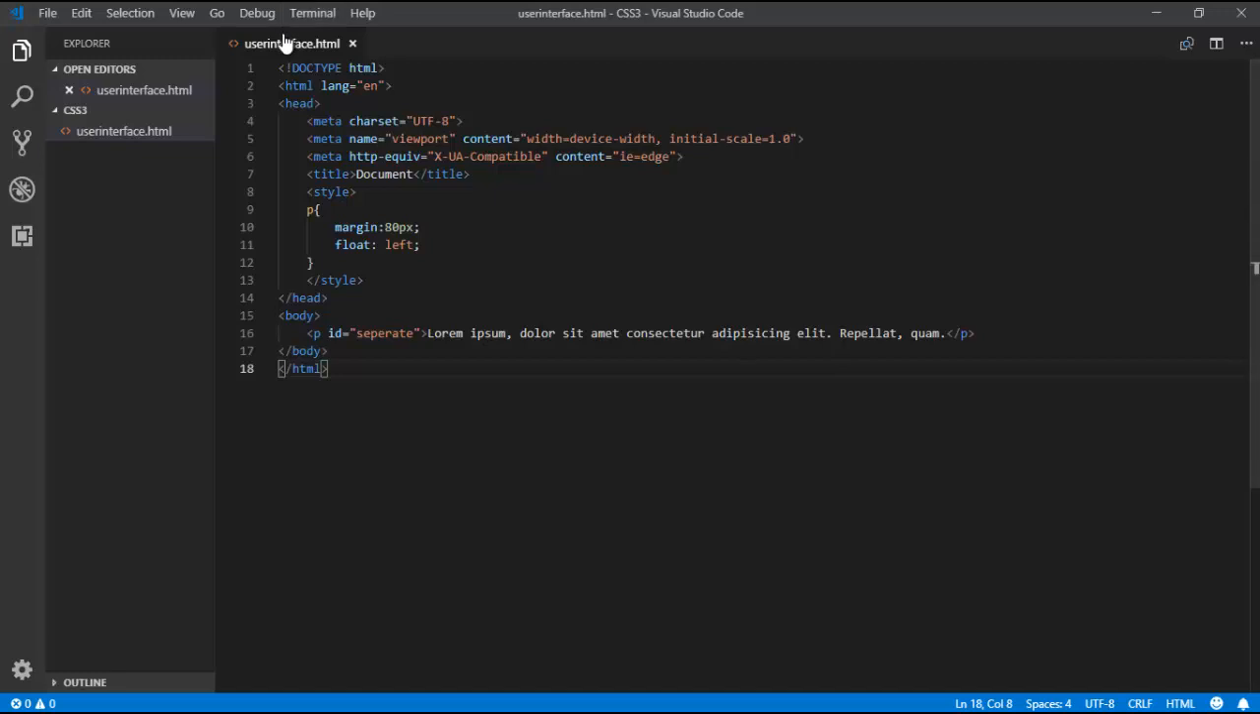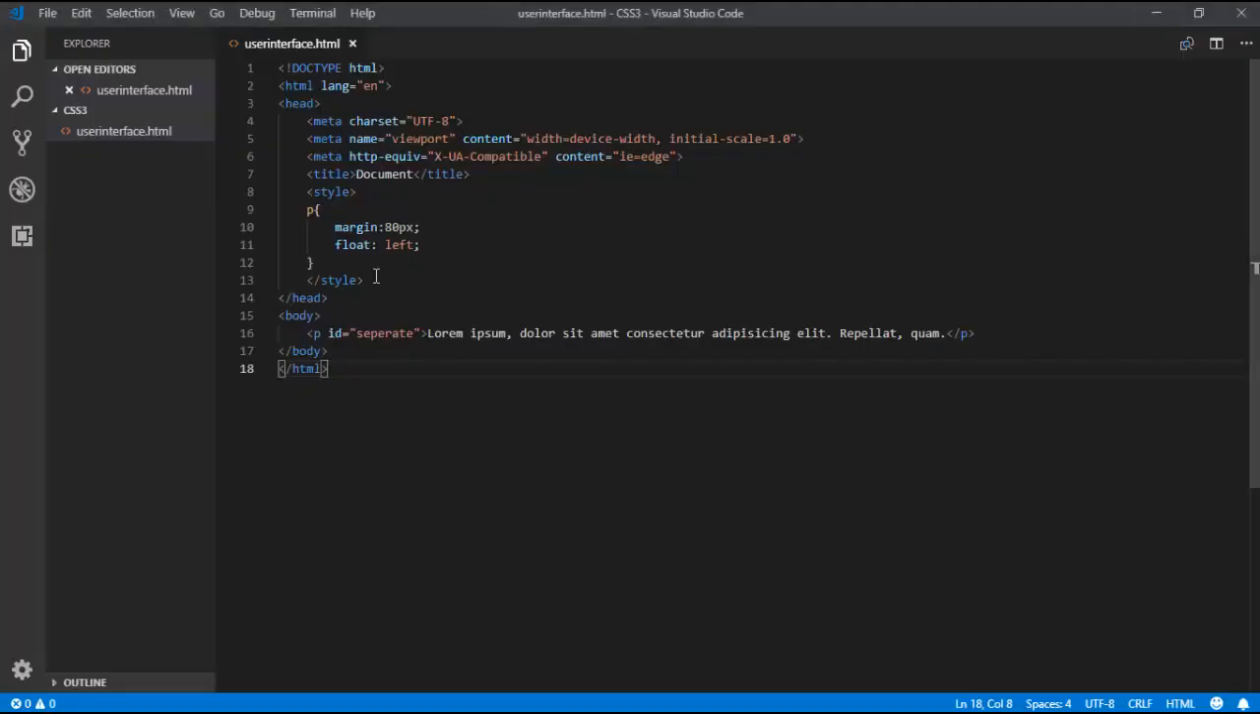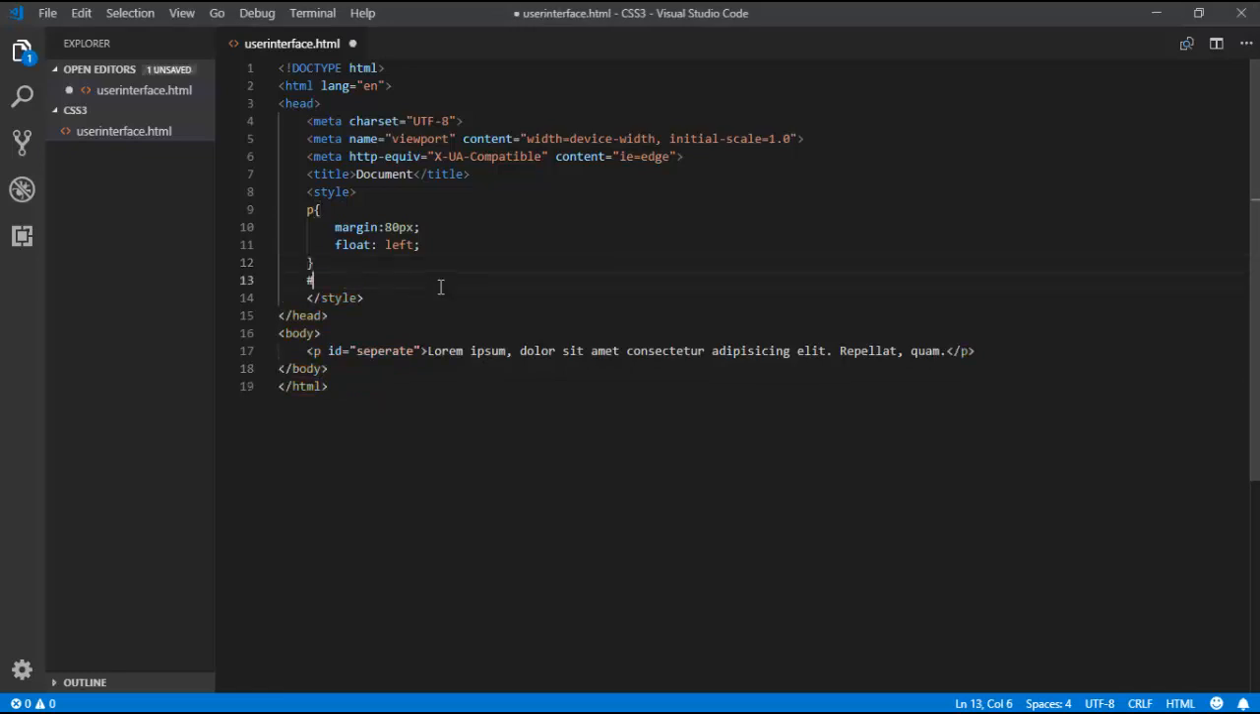I copy the path, I'm opening my Chrome browser and it's placed here. So this is my output right now, before applying the properties for user interface. So let me apply the properties for user interface. I'm taking hash separate,